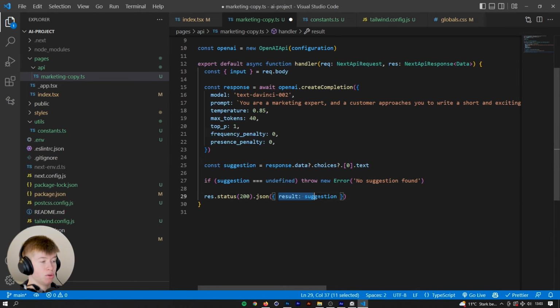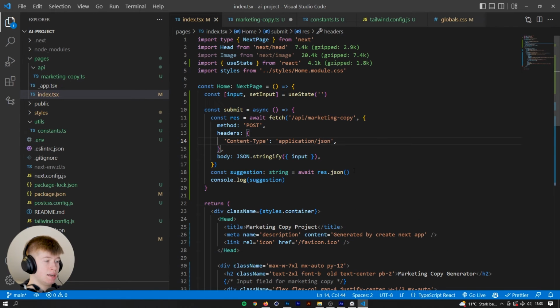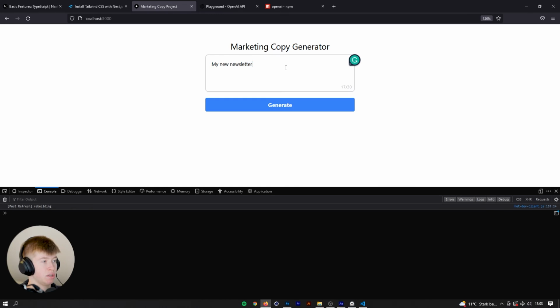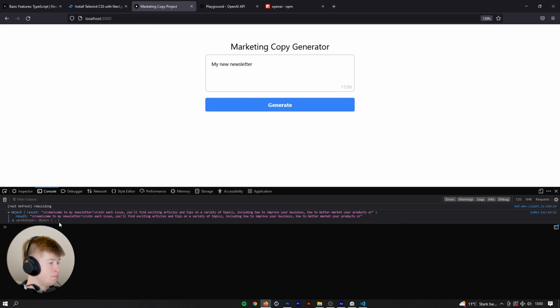And if everything goes well, then that result will be returned back to the front end and be stored in this variable right here, which we're going to log out to the console. So let's try it out, and if we did everything correctly, it should return the response from the artificial intelligence right here in the console. Let's try it. And it did. Welcome to my newsletter. In each issue, you'll find exciting articles and tips on a variety of topics, including how to improve your business, how to better market your products,